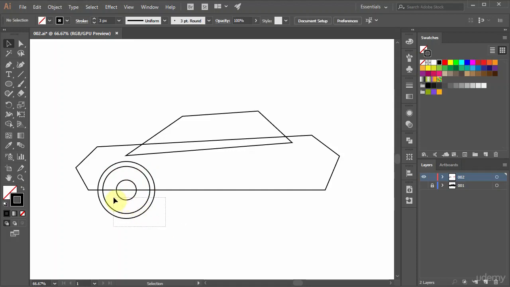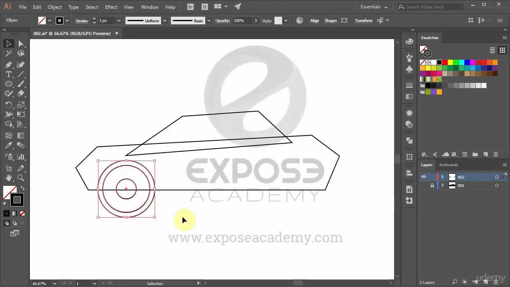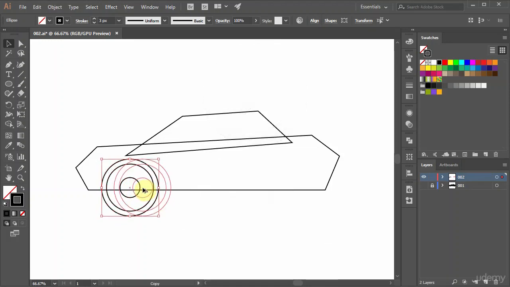Okay, now let's position the circle and adjust it so it looks good. Then select the three circles and then press Alt. In most Adobe software, pressing Alt and moving an object will copy it. So again, while pressing Alt, move these circles to the right like this. Notice these circles are now duplicated.